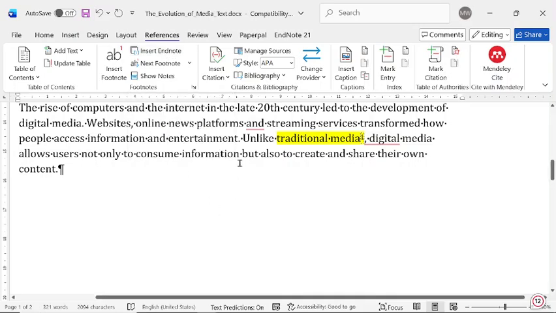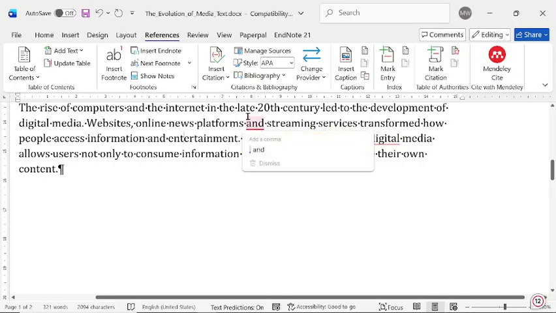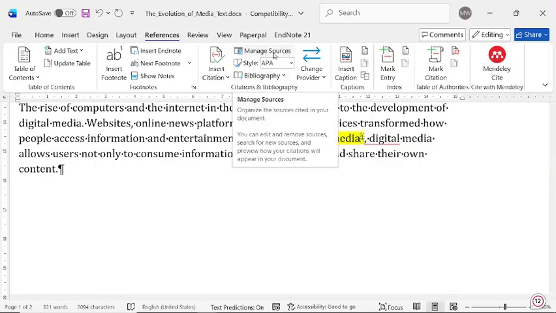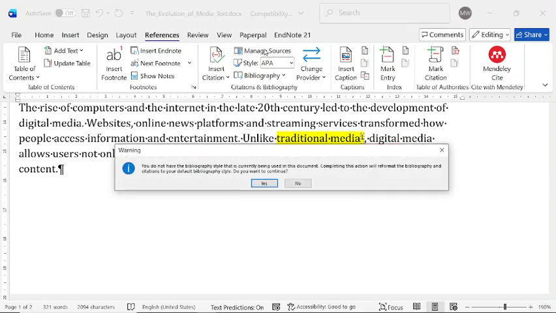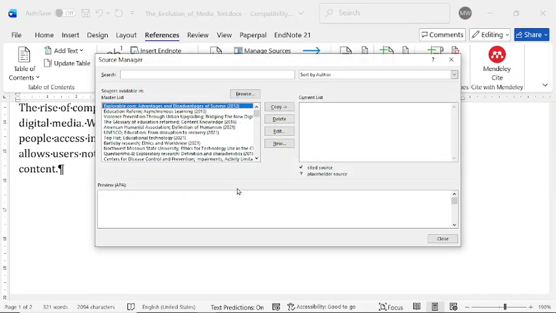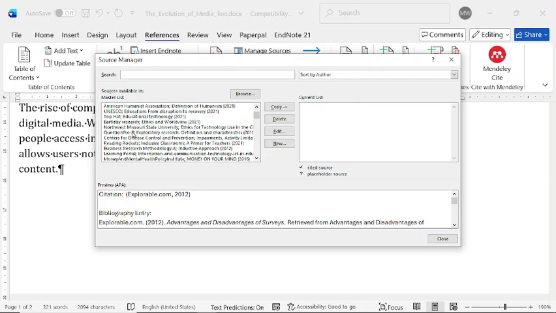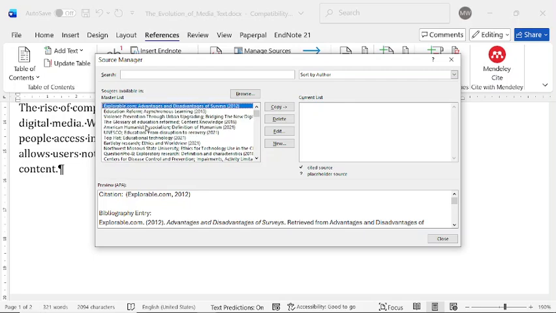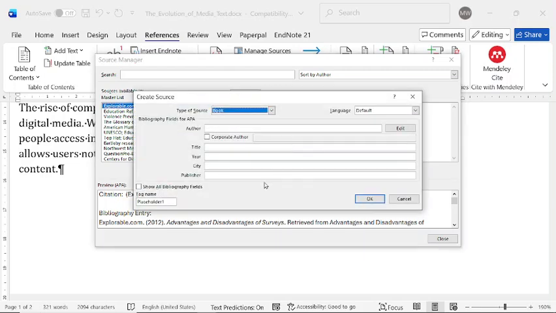Then from there, what could happen is we might tell you to insert a specific resource. Now from here, you might go to Manage Sources. Now it currently says that we are using a document, but it's fine. I'm just going to say yes, I do want to create this. You can see that I've created a bunch of old sources already, but if I want to create a new source, I'm going to click here on New. They're going to ask me what type of source it is. So is it a book, a journal article, a report? I'm just going to say it's a book.